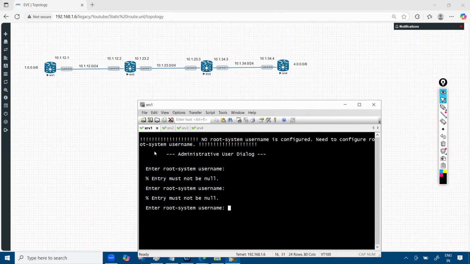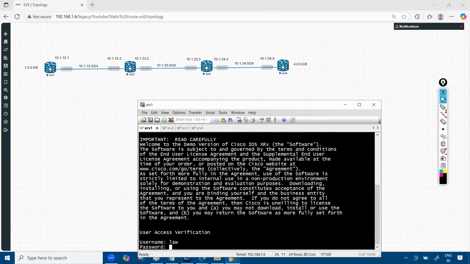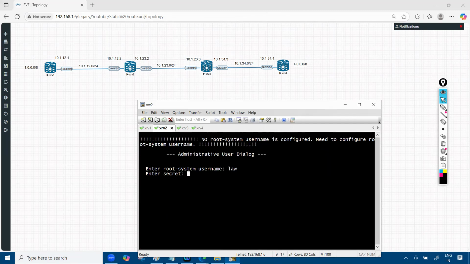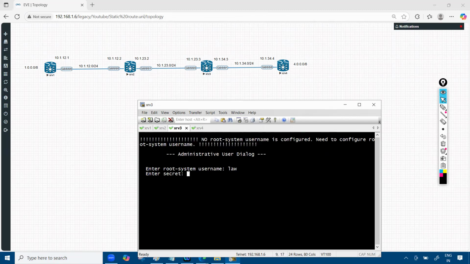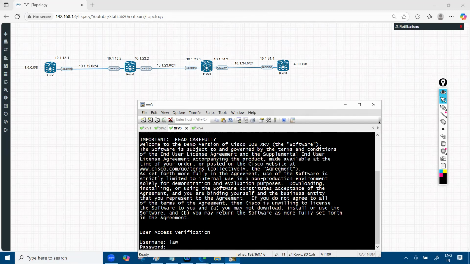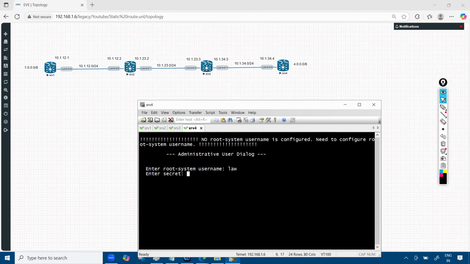Give the username as lab. Cisco1 is my password. Lab is the username, Cisco1 is my password. Same thing on R2 as well, and R3 as well.